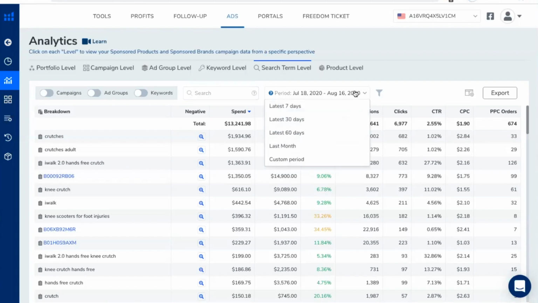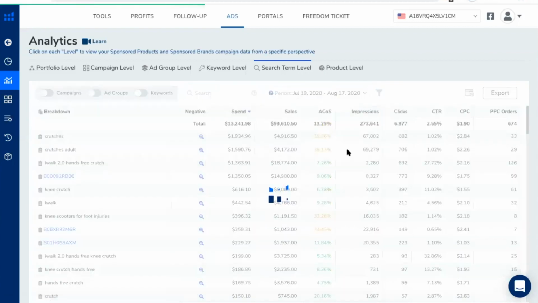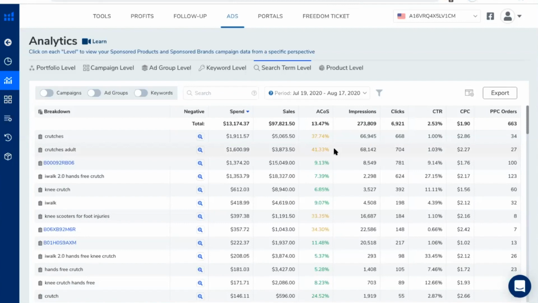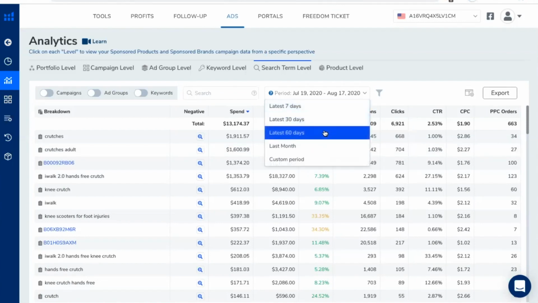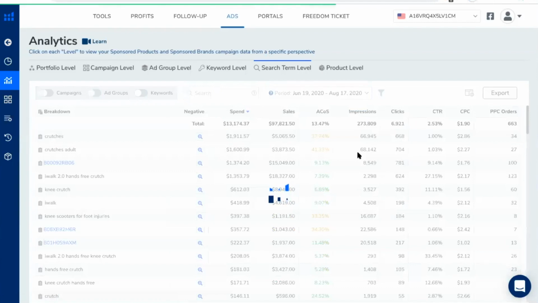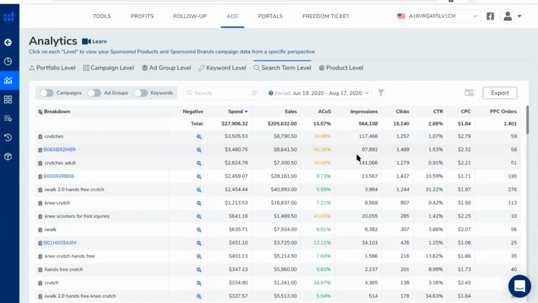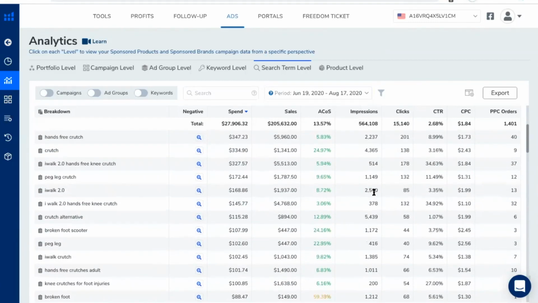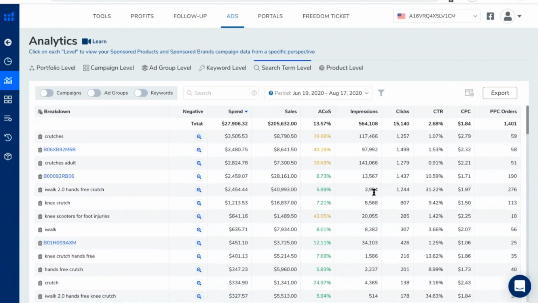You can look at it by different dates, to see how far back you want to go. In ads, when you're a new user, we do pull in 60 days worth of data. So for new users, they're really able to get a really good grasp of how some of their search terms are doing in ads. So everything is pre-downloaded for you, basically.